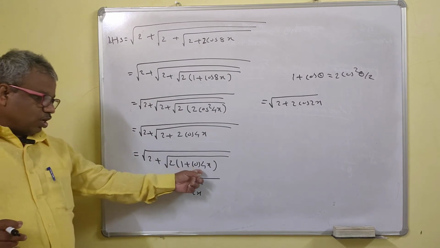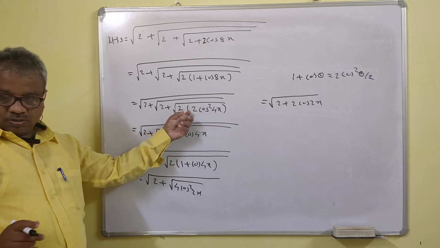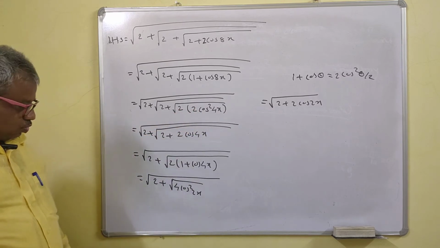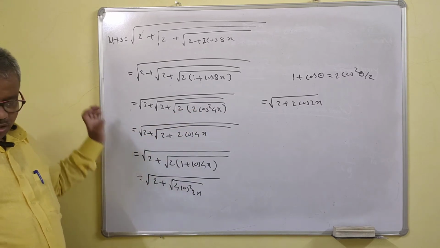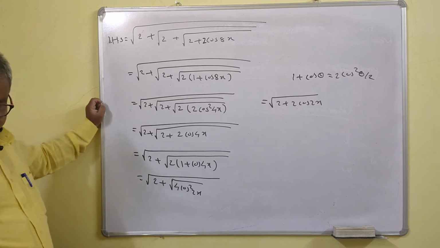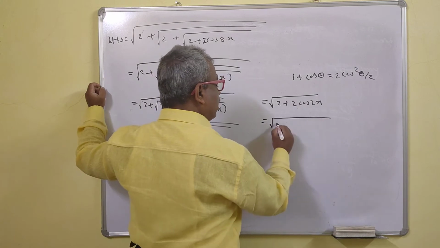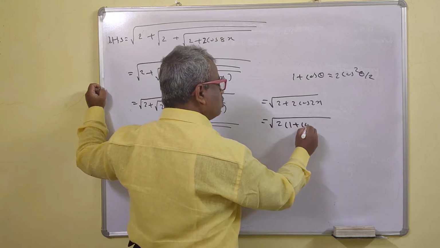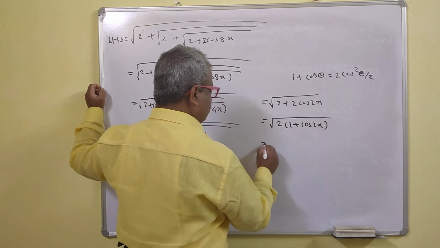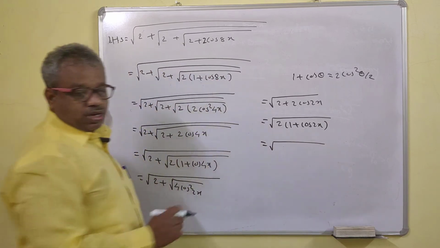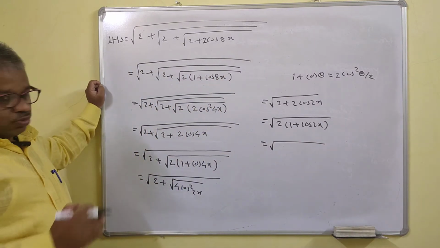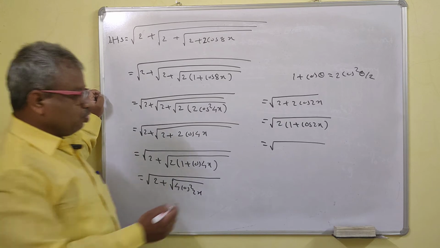Right? So 2 cos, so you see, you have the formula. No need to write again 2 into 2. So directly you can write this what? 4 cos square, because 2 is already there. So now again we will take 2 common. 1 plus cos twice x. So 1 plus cos twice x is what? 2 cos square. And 2 is already there. So 2 into 2 will be 4 now.